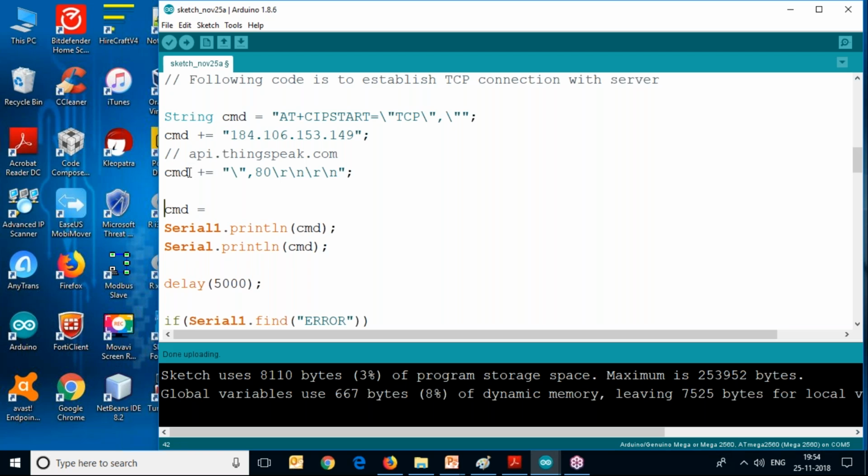After executing this group of commands over here, the CMD string would be AT+CIPSTART= double quote, and inside the double quote TCP, and then comma, the ThingSpeak IP address, which is 184.106.153.149,